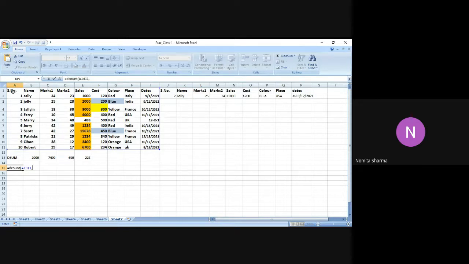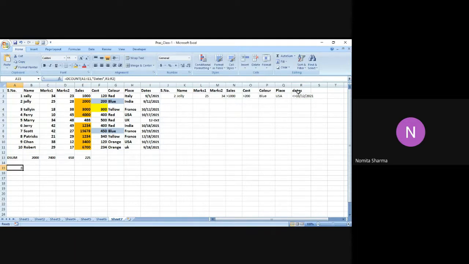Let me count, say, the dates. Let me take dates, and it should be in double quotes. And then I'm going to mention the criteria like this. I will close the bracket. So it has given me 8 as the answer.